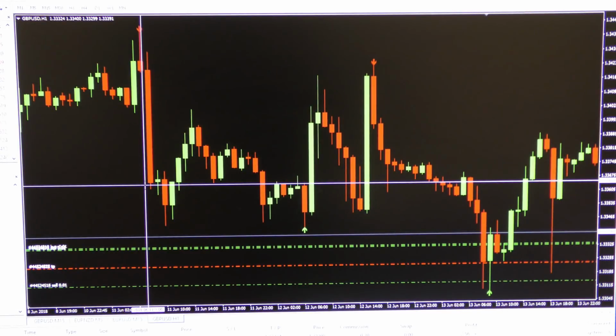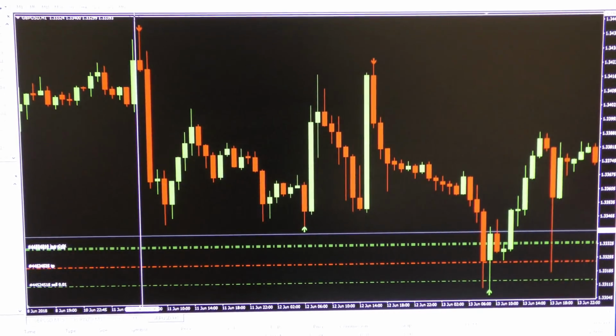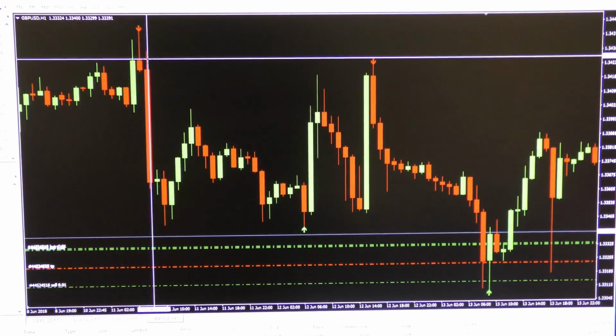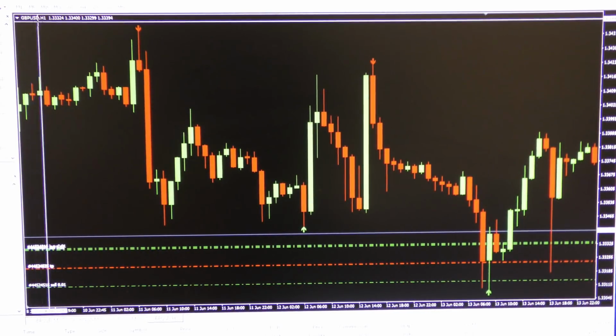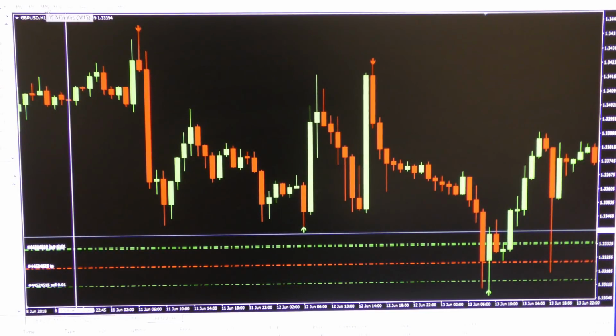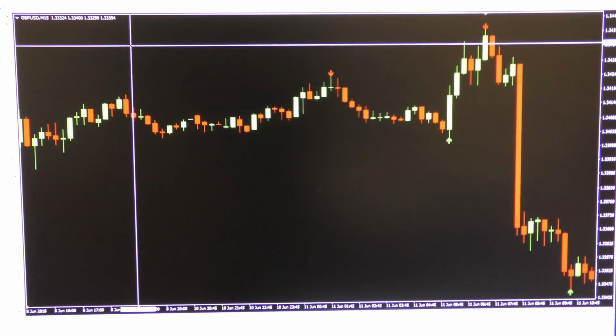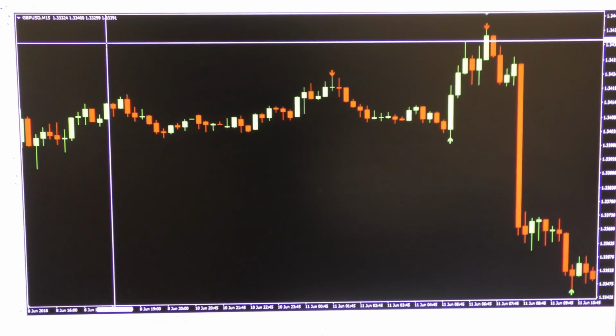This is Monday, 11th of June. Okay, here we get the signal to go short, so we sell here. It should be a 15. Sorry, this is the 1 hour chart. It should be 15 minutes. So we'll change it to 15 minutes, and then let's go to the 11th of